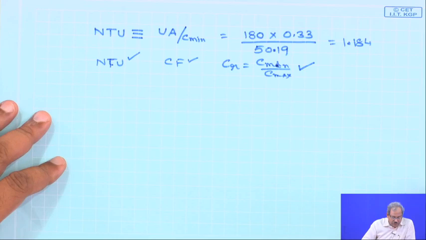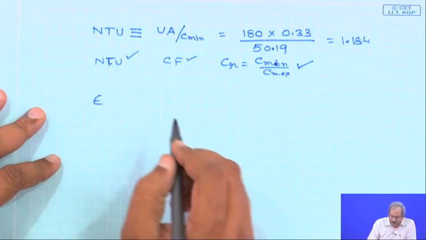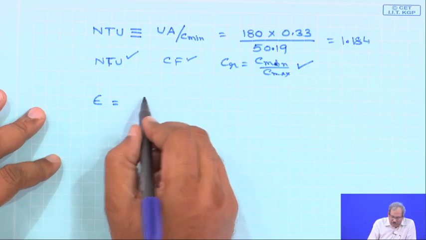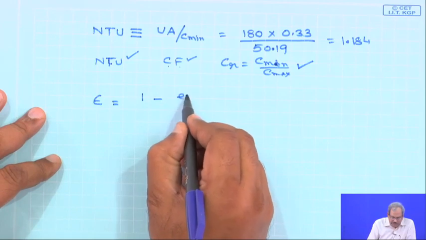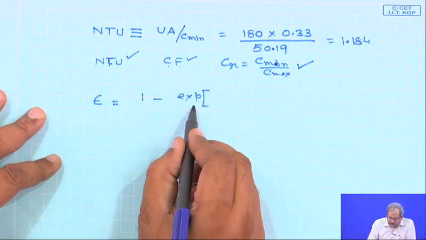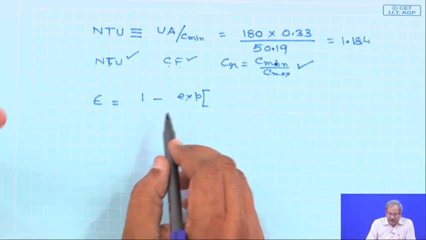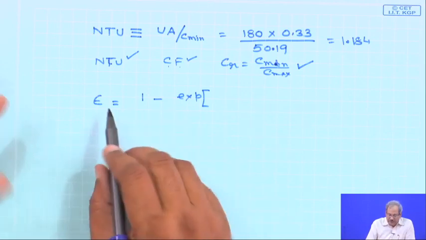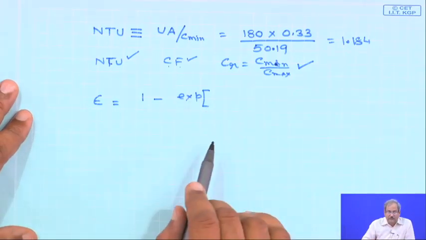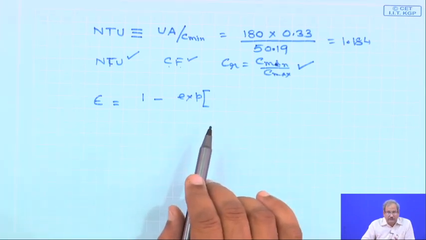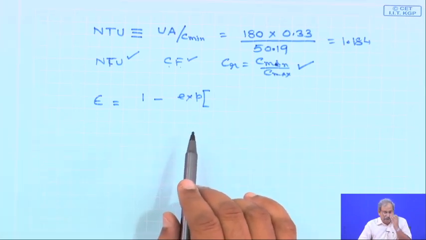When all these are known to me, either you can read from the graph or you can use the relation provided for counter flow operation in a double pipe heat exchanger. So, the expression that I am writing from the text, and I am again mentioning that if such a problem comes, the expression connecting epsilon and NTU would be provided. You do not have to memorize this. You only have to identify that this is a counter flow situation, and that you have the value of NTU and the value of CR, the ratio of C minimum and C maximum.